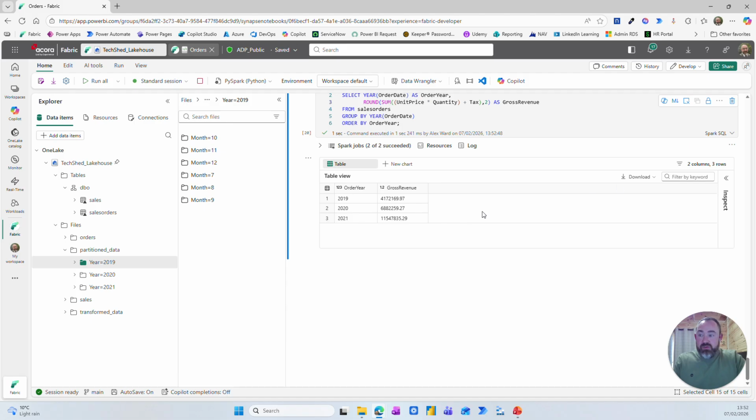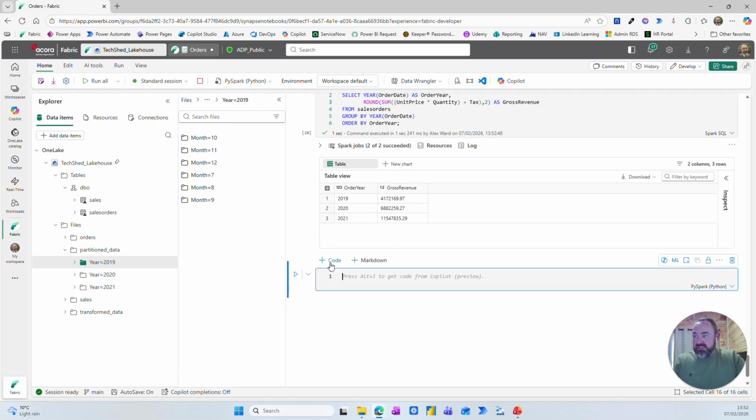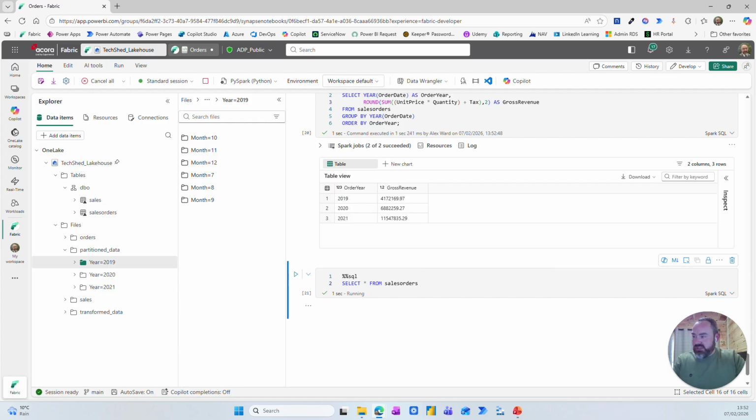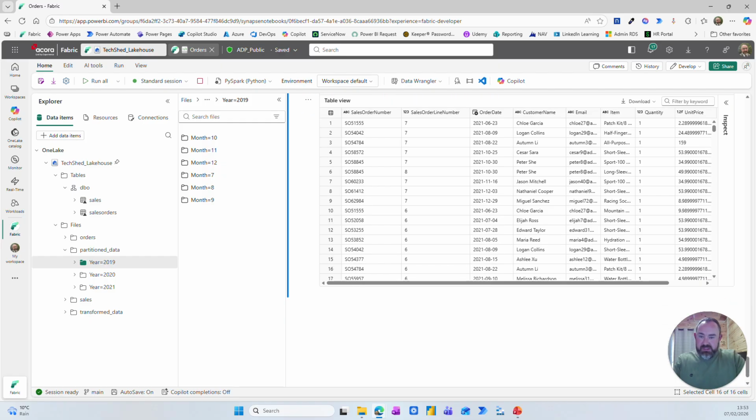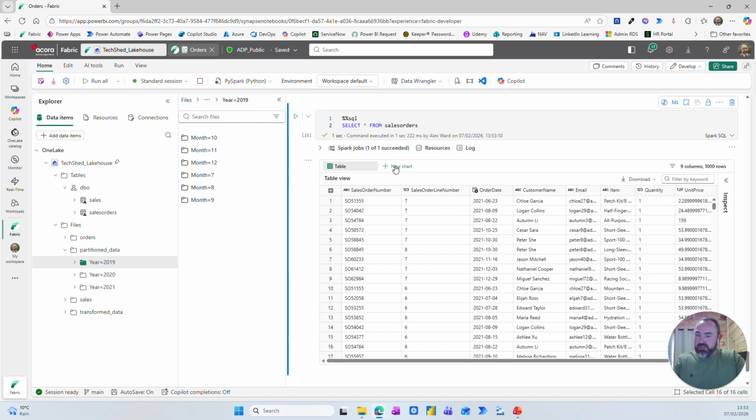Now we want to move on to visualizing the data. So we can start viewing the data here. So again, we're going to use SQL, and we're going to view from sales orders, and we're just selecting everything from there. So we have sales orders, and now within this, we can add a new chart,